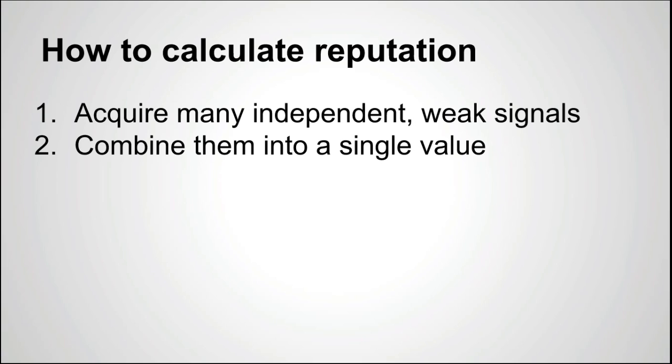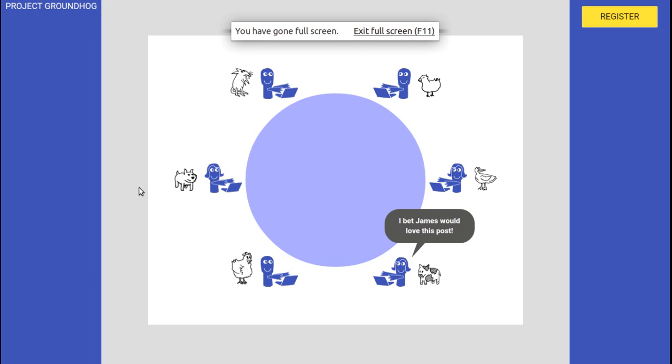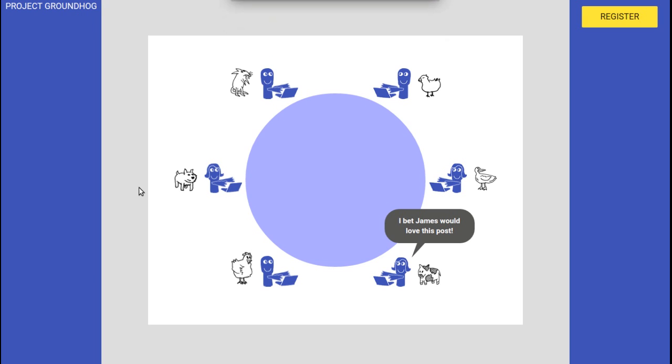So the problem with something like using PageRank or eigenvectors to solve these kinds of problems is that it's a black box. If somebody's reputation goes down from one day to the next, they have no idea why, because it's incomprehensible machine learning that made the decision. Okay, so let me show you a little animation that explains this.